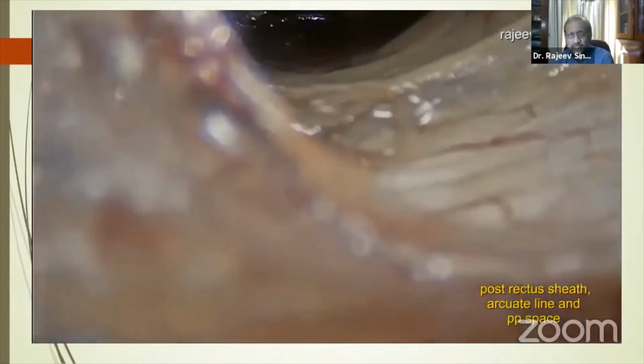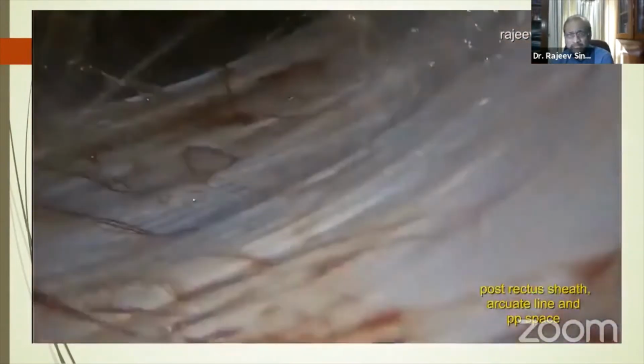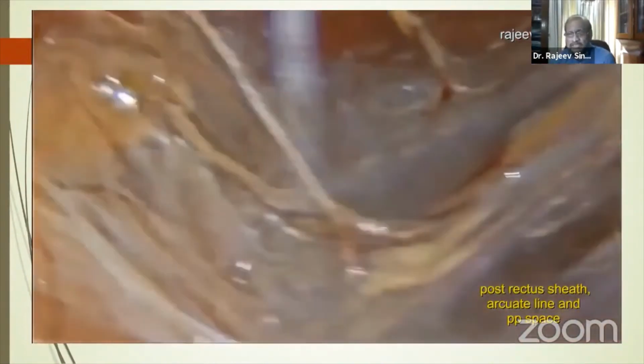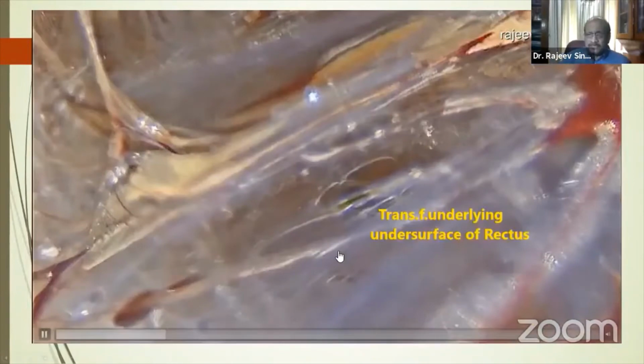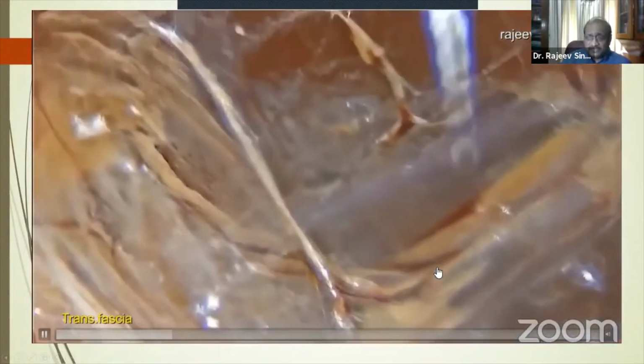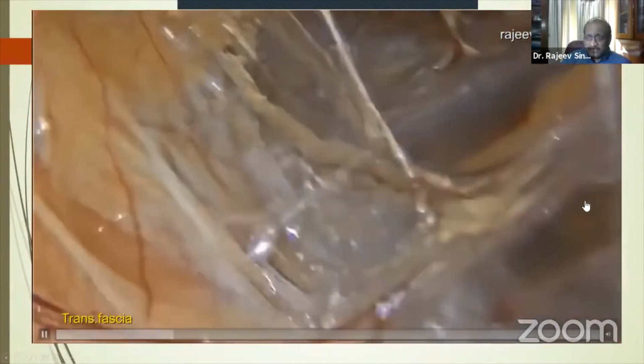Now this is the first view going in. And I do a telescopic dissection only. I don't push in this thing. Now see this layer. This is a transverse fascia, very well seen out here, which I've been saying you have, a varial kind of transverse fascia. This underlying surface is transverse fascia. This is rectus abdominis, transverse fascia out here.